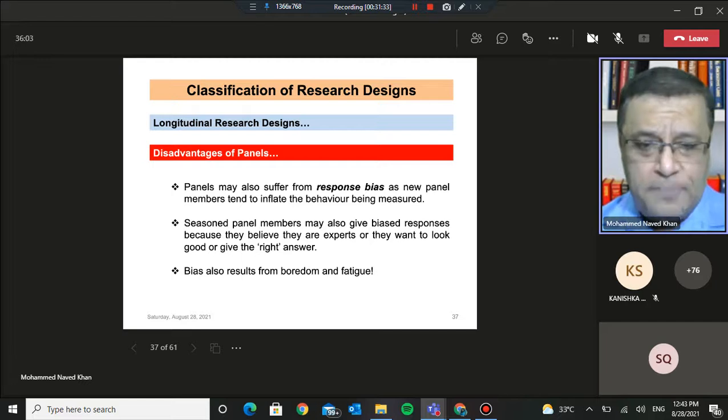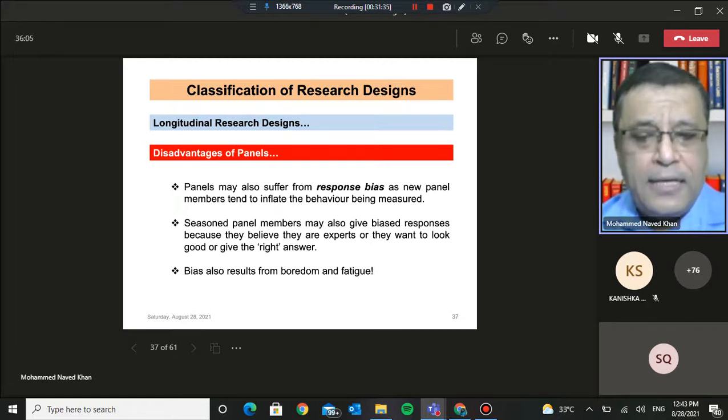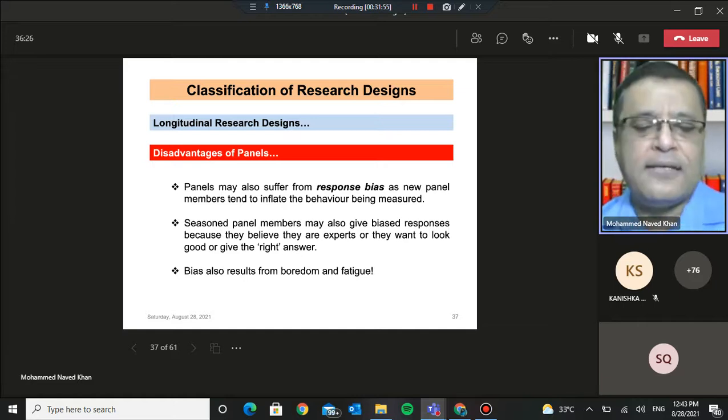In fact, I'll be discussing later that it is one of the guidelines in various countries pertaining to the design of the instrument itself, that is, the questionnaire. We should not design lengthy questionnaires, and we should not design questionnaires which have questions that are sensitive or critical from the point of view of that particular culture. So that I'll discuss later.